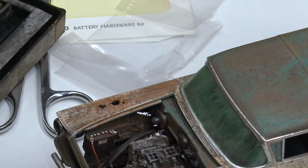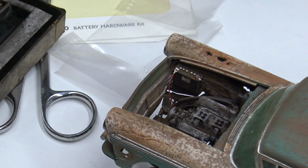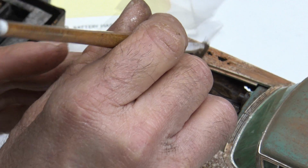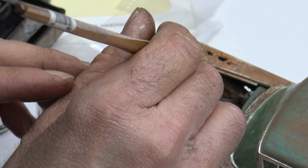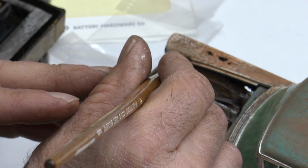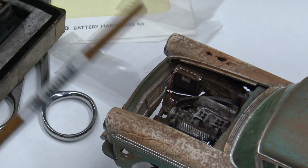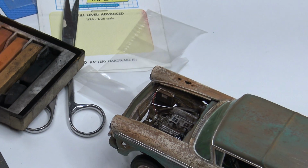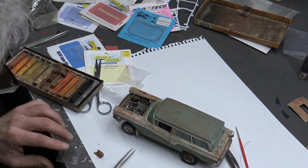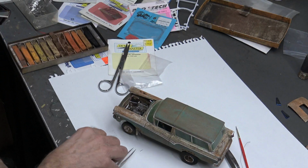Okay. Let me see. We got heater hoses. That's still too clean. It's too shiny. Not shiny. Alright, so the only thing left to do now is the moon tank. And that's pretty simple. I lied. I'm gonna do the